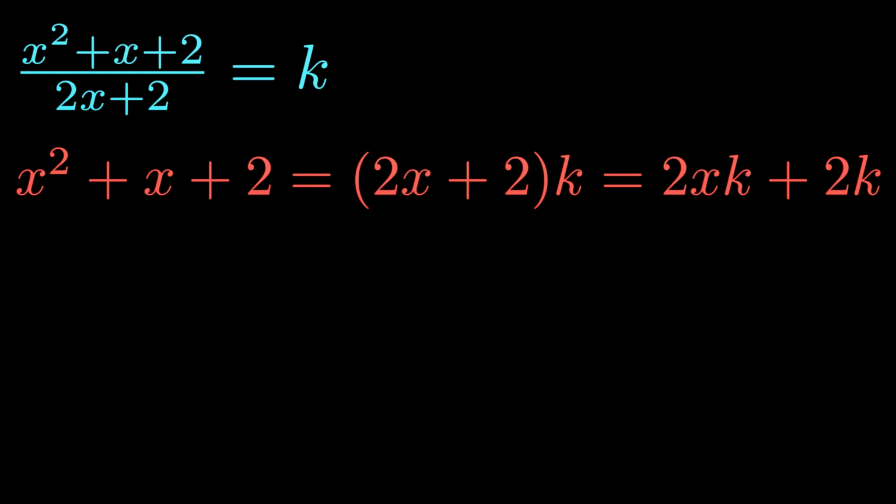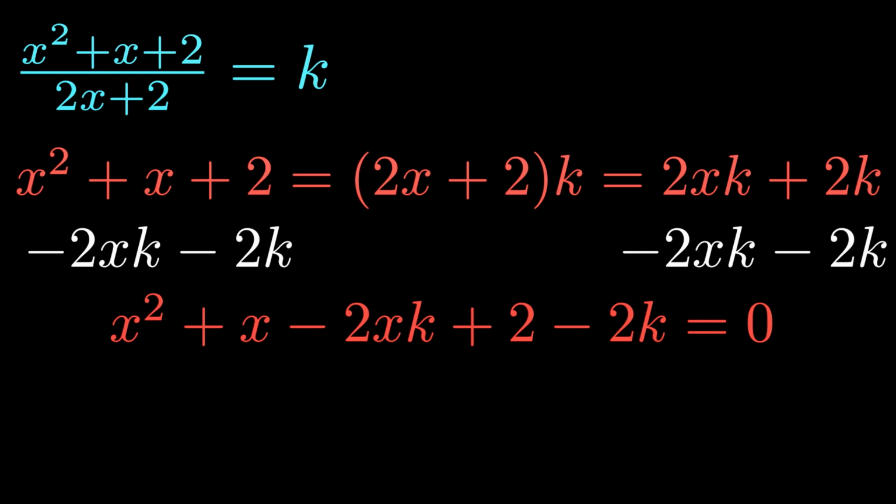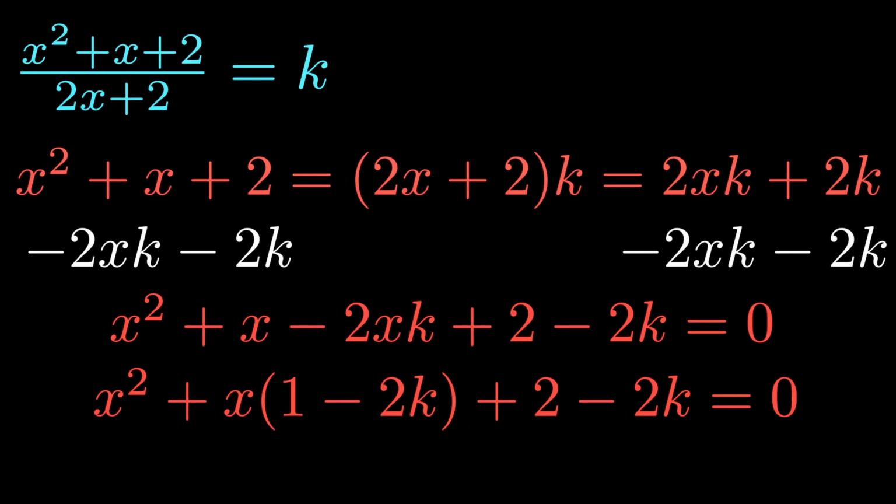which simplifies to 2xk plus 2k. And let's subtract 2xk and 2k from both sides of our equation so that we have x squared plus x minus 2xk plus 2 minus 2k is equal to 0. And let's go a step further and factor out an x from the second and the third term so that we have x squared plus x multiplied by 1 minus 2k plus 2 minus 2k is all equal to